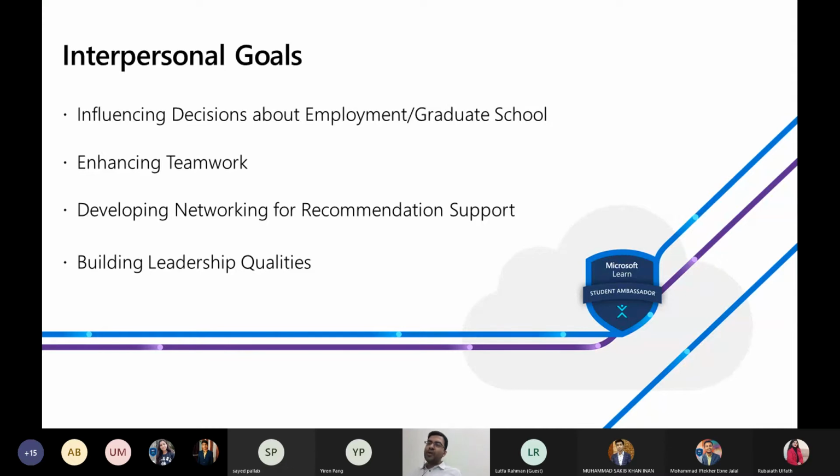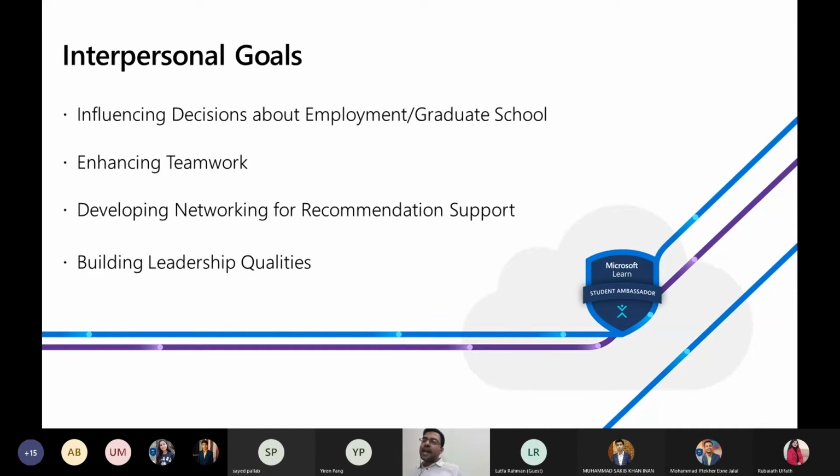There will be so many people applying for master's programs. So if I have a good conference paper or a good journal paper, then I will be shortlisted just like that. That's how graduate school admissions work. And also, if you're trying to get a research and development industry based job, then it will also influence the decisions of the people who will hire you. So that's a personal goal.